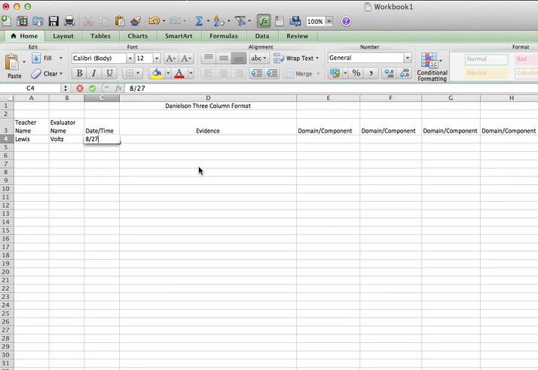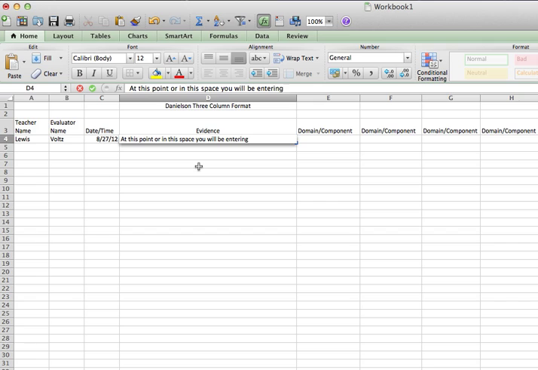So in this case, we might be putting in 8/27/2012. And then in this space, you will be entering evidence that you see occurring in the classroom,